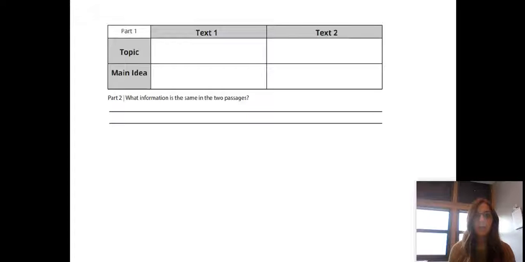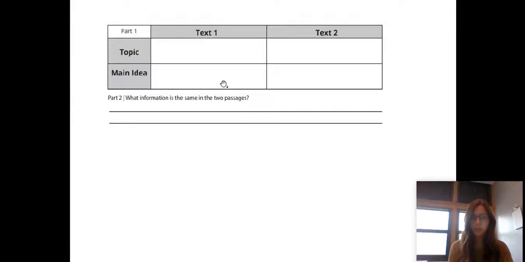All right, so looking at our graphic organizer and our question that we had to answer, using your notes, I want you to think about what was the topic of each article. Now, the topics can be the same, and the main ideas can be the same. But we really want to think about what was the author in each article trying to get across to us? What did they want us to understand? After you've finished filling out the topic for text 1 and text 2,